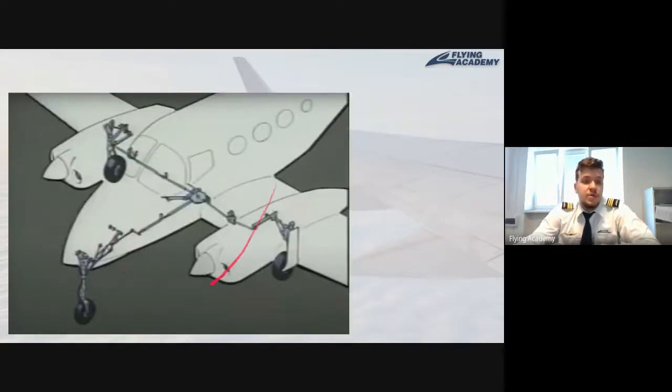This is how it practically looks on most light airplanes. Somewhere in the cockpit we have an electrical motor which connects into the gearbox, and the gearbox will technically pull the cables going to the main landing gears, and the cables going to the nose gear as well. It will either rotate in one direction, pulling one cable and retracting the gears, or rotate in the opposite direction and push the gear into the down position. So here, nothing actually complicated.